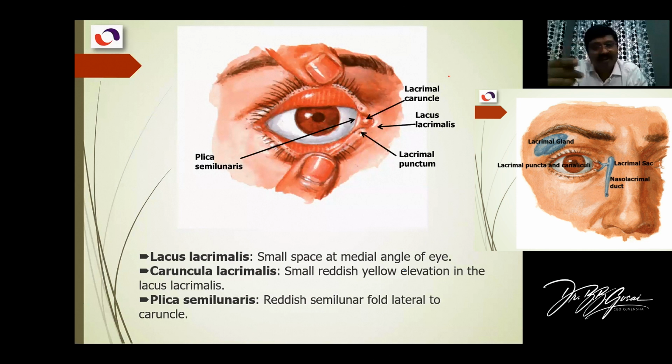Some important facts I will explain with the lacrimal apparatus, but at present, these are the features you see on the medial canthus. And these white streaks, you see these white lines? This is nothing but the tarsal glands. They are multiple, around 20 or more. These are the tarsal glands in the tarsal plate. You can see these vertical lines here, and they open here. Their openings are here at the margin.